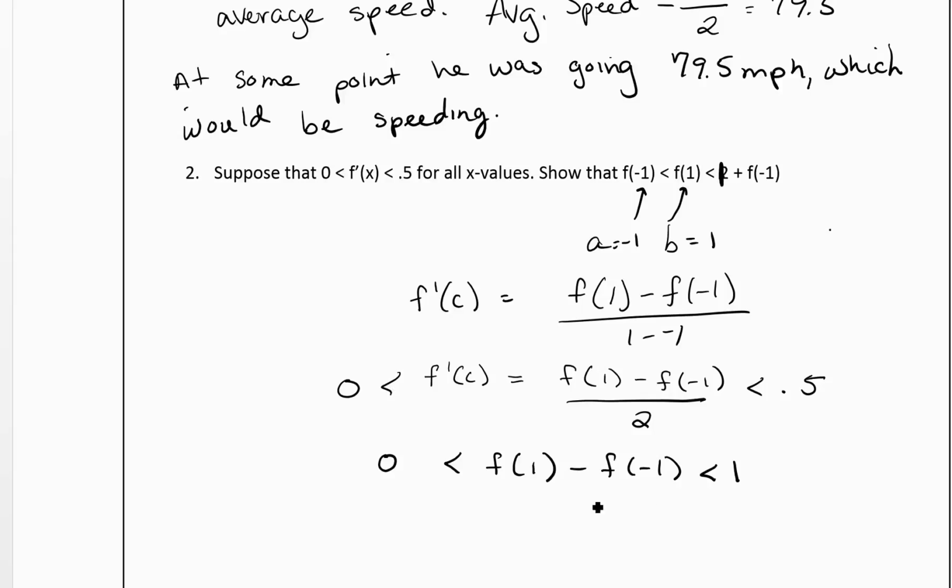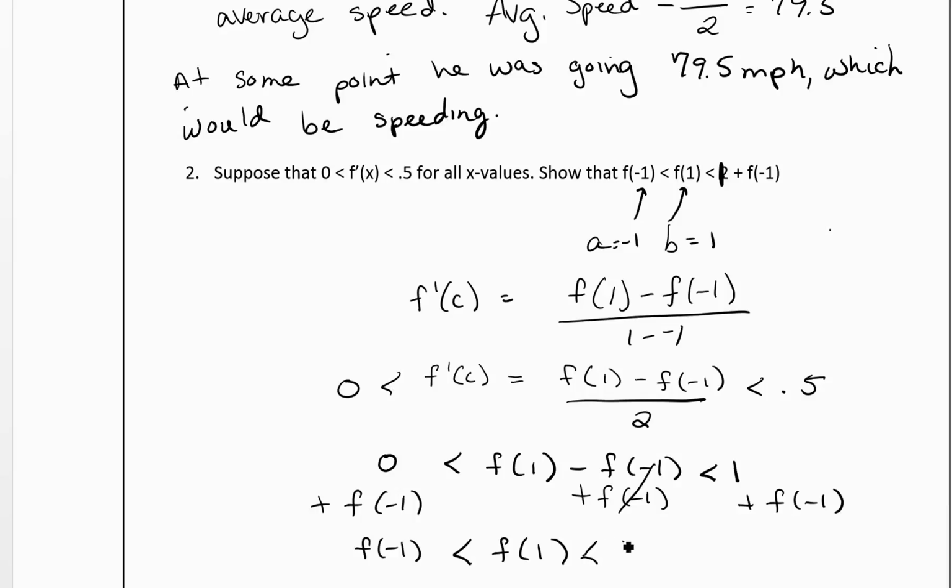So now all we have to do to show our statement is add f of negative 1 on all three parts, all the way across. So that tells us that f of negative 1 has to be less than f of 1 plus, those would cancel out, is less than 1 plus